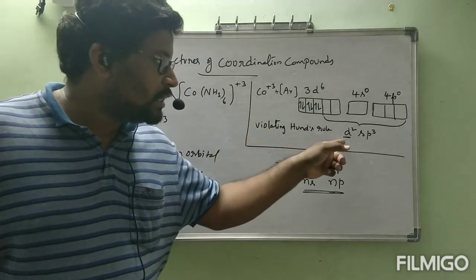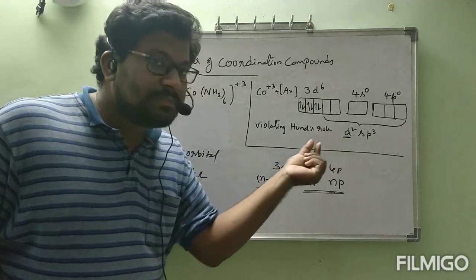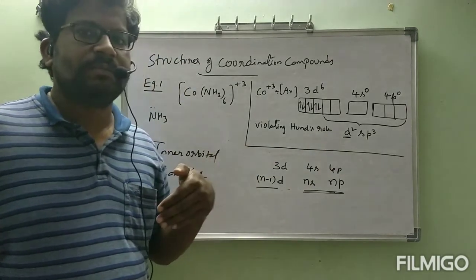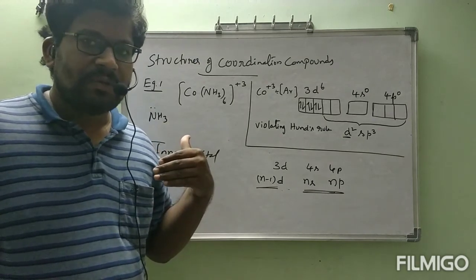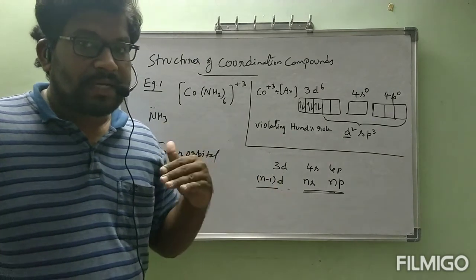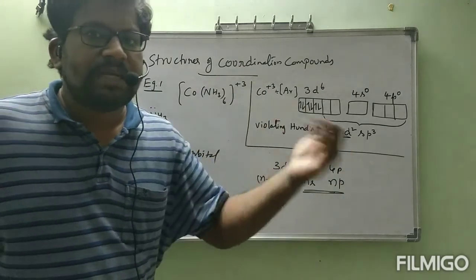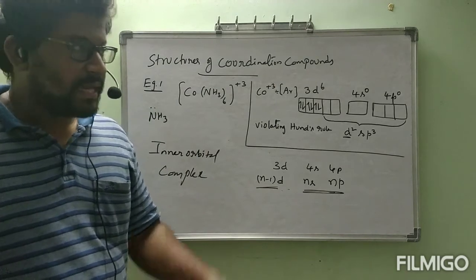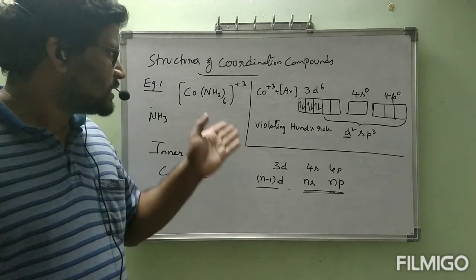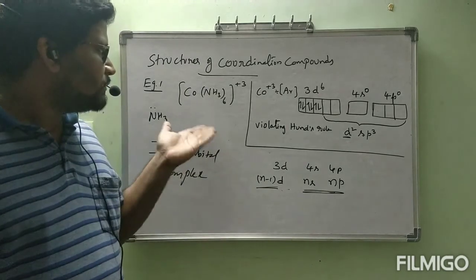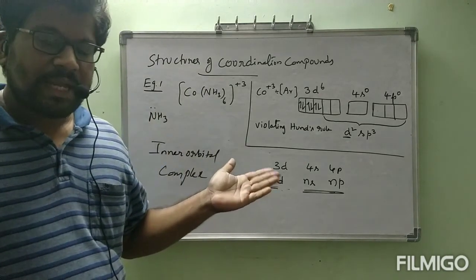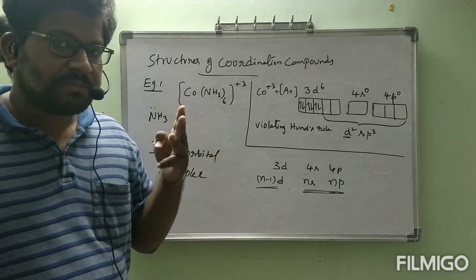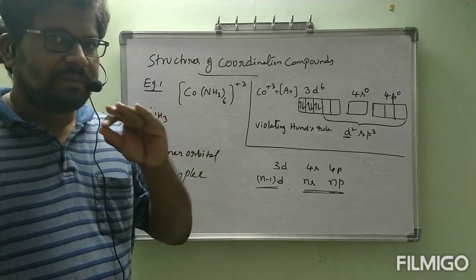We have written the order d2sp3 because this d belongs to the inner orbital 3d. To mention that, I wrote d2sp3. Previously, I wrote d2sp3 as well as sp3d2. You will understand by taking the next example, sp3d2 also, in the next class. For today's class, this example is enough, and how it is formed we have seen. In the next class you will get some more clarity. We will see three further examples, and after seeing them, everything will be clear for you.